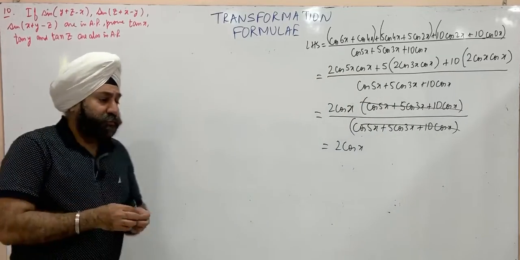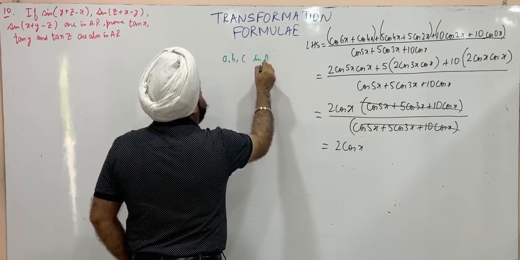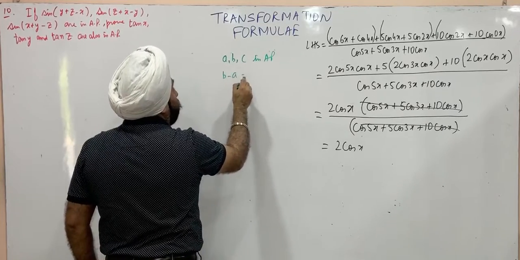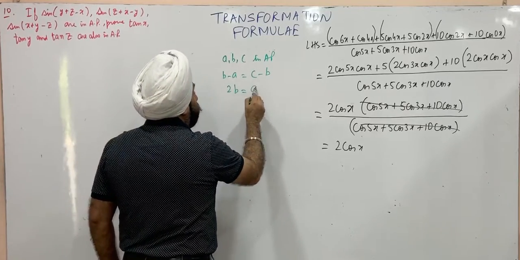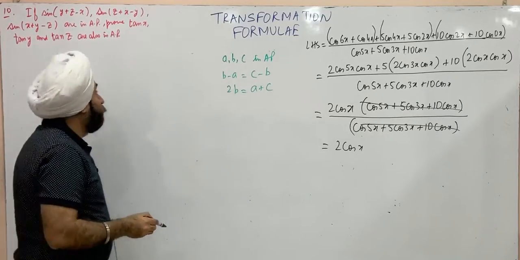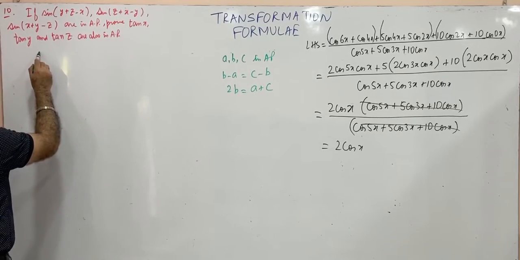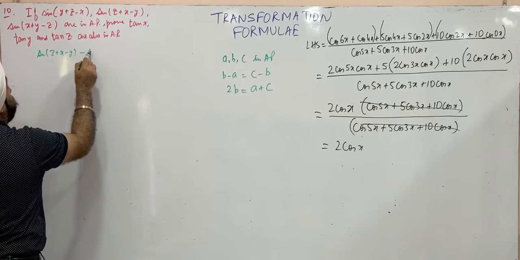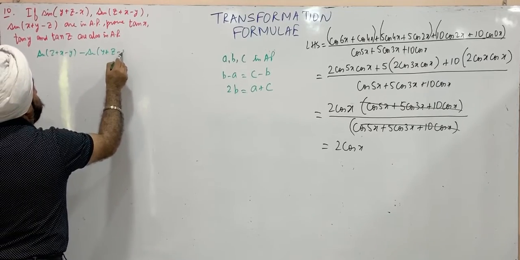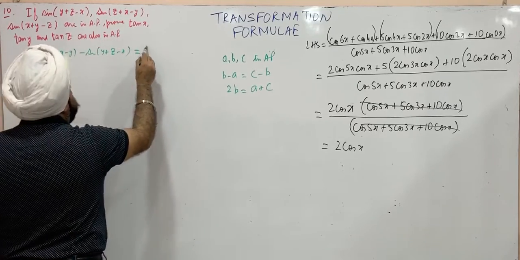Let us revise. If A, B, C are in AP, this means B minus A is equal to C minus B. That is 2B is equal to A plus C. We are given 1, 2, 3 are in AP. This means second term minus first term, that's sine of z plus x minus y minus sine of y plus z minus x, is the same as the difference of third and second terms,